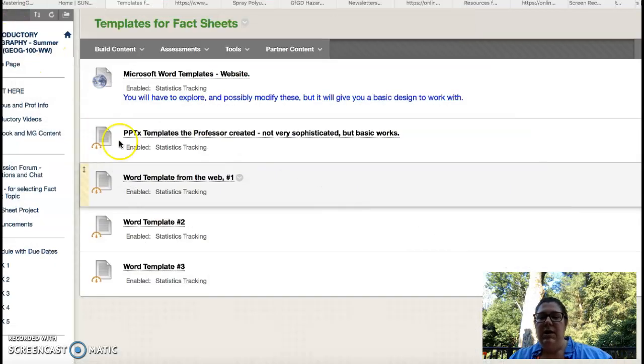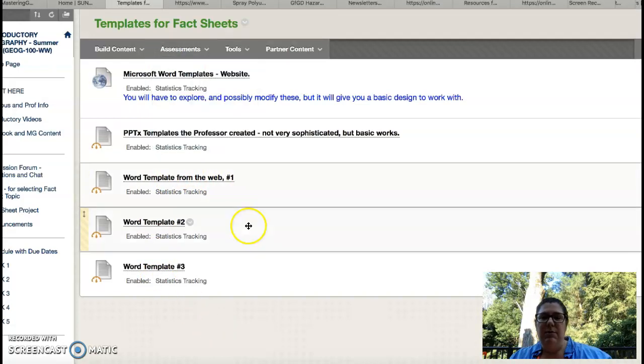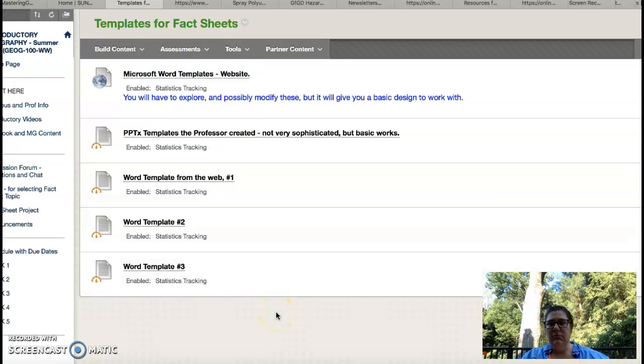Okay, and so that was the PowerPoint, and that was the Word template from the web, the first one. And there's 2 others. So those are the templates. Again, design is important, but we're not graphic designers. This isn't going to be the perfect fact sheet that you could produce and actually hand out. Most likely. Maybe you'll do an amazing job and we could actually use it for a project